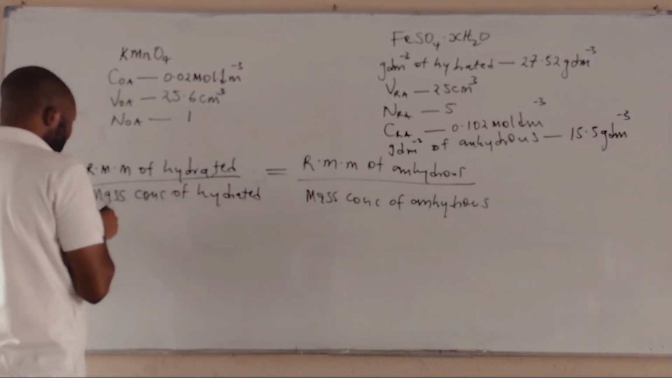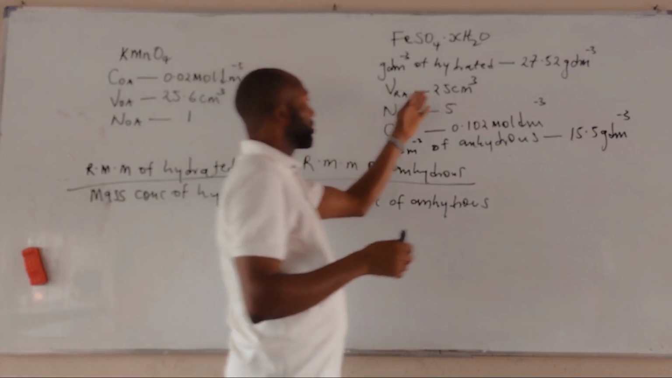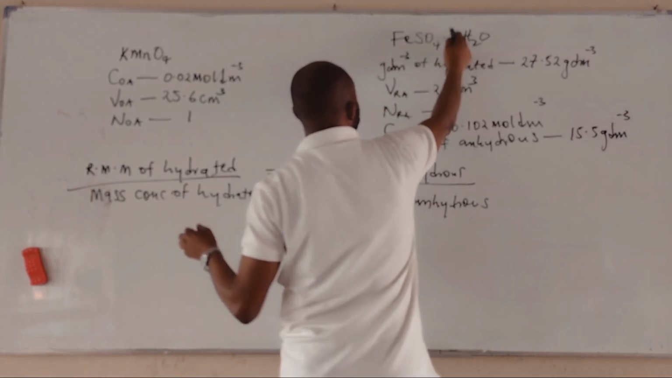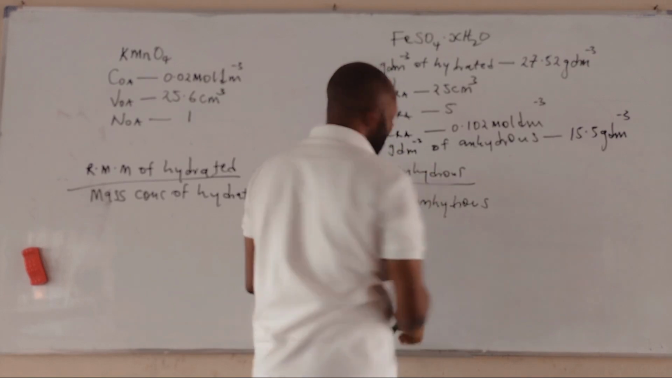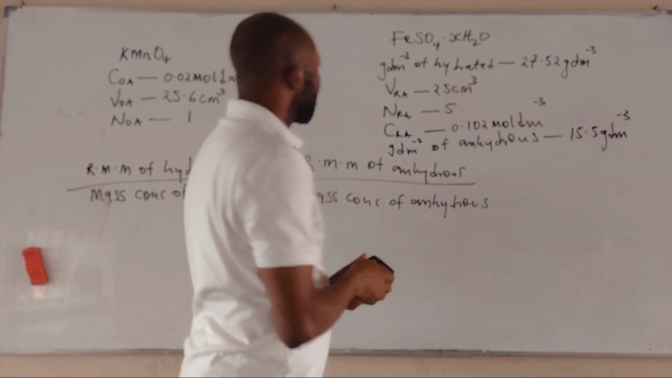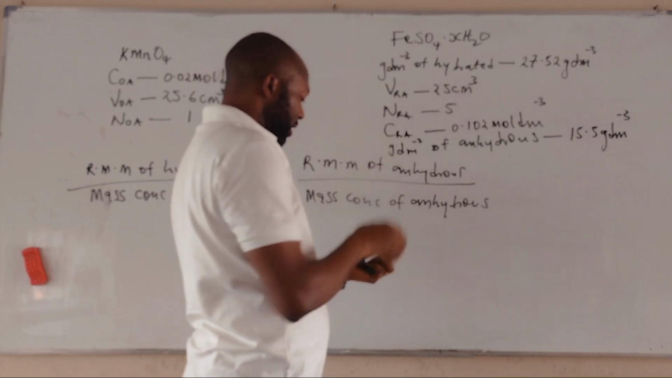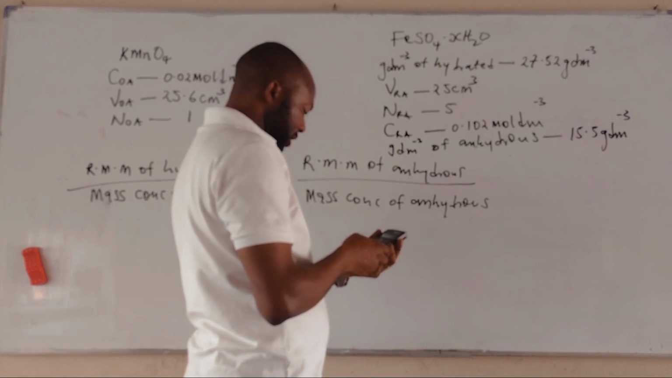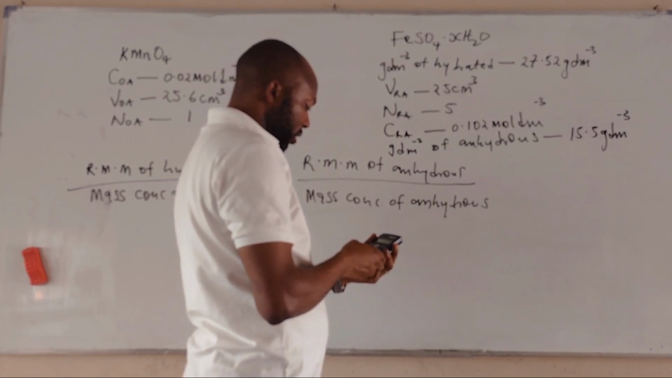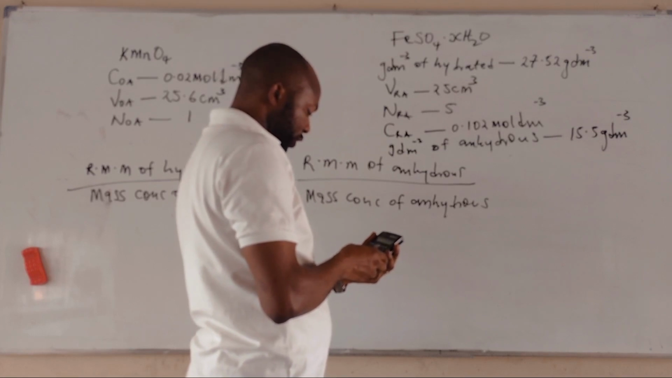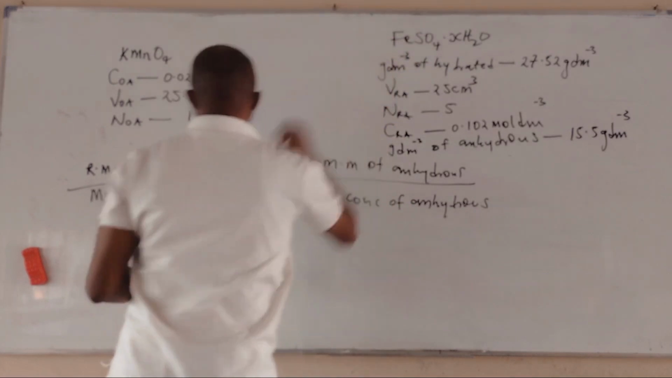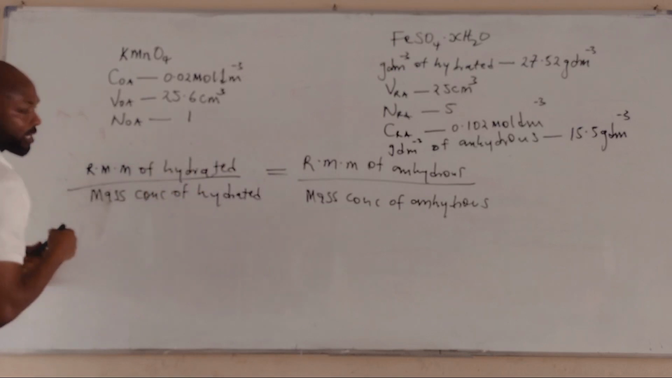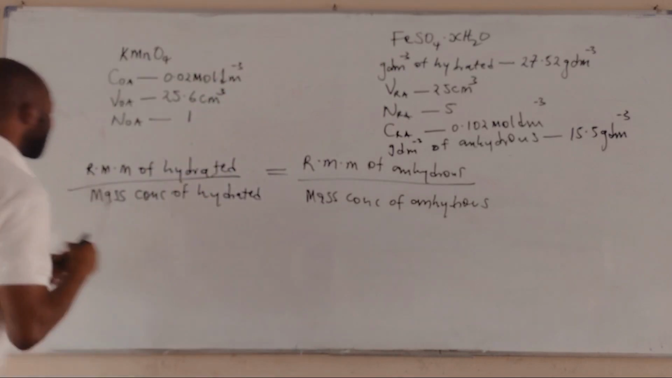Now, what is the relative molecular mass of the hydrated? Relative molecular mass, which is this. I calculated it to be 152. Let me start again: 64 plus 32 plus 56 is 152. That's the relative molecular mass of the anhydrous salt. So the relative molecular mass of the hydrated is 152